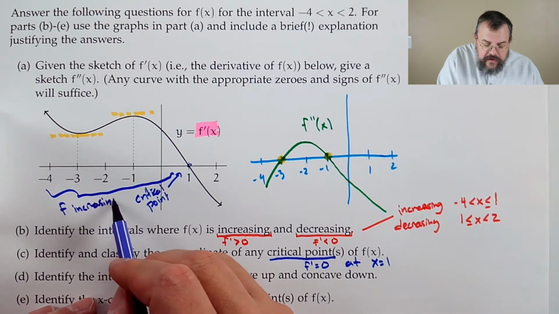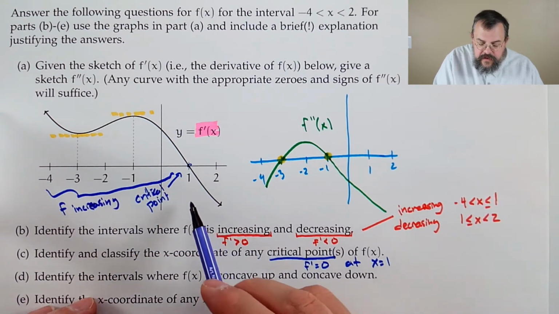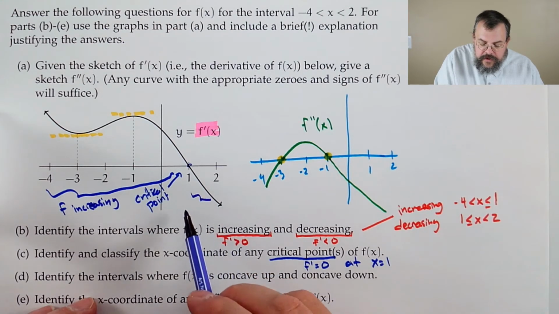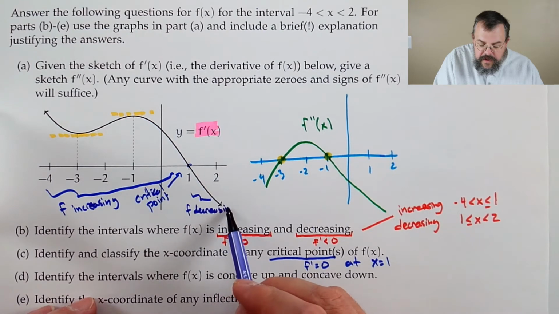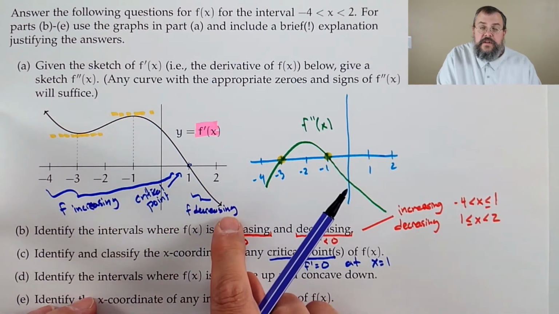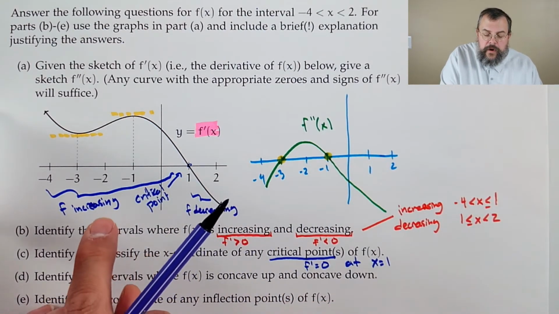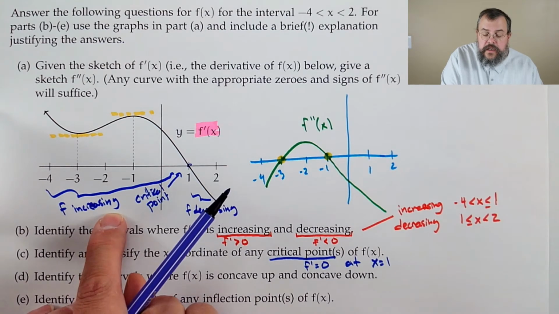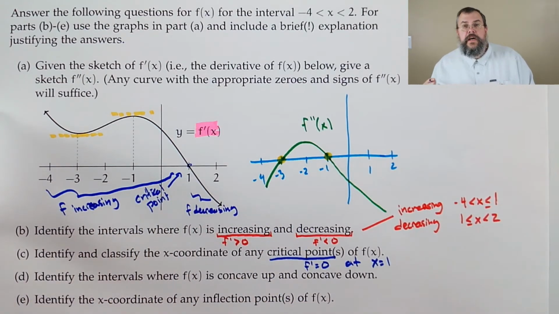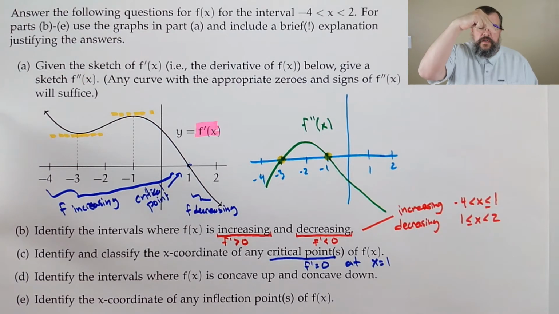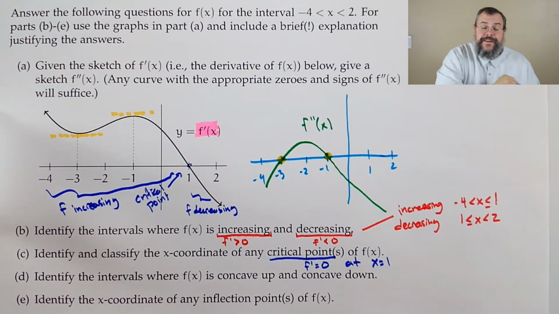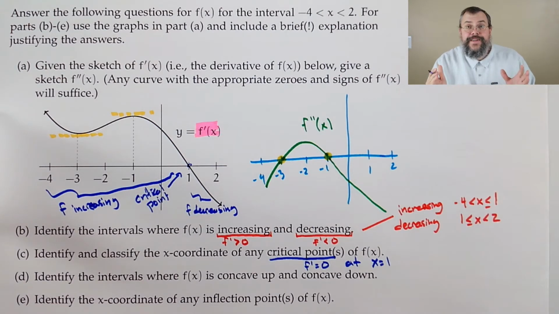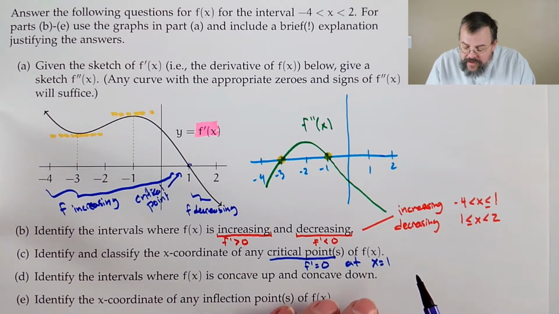So derivative positive means function is increasing. And this part, where our derivative is negative, that's our function is decreasing. This is just the same thing that we did in part B. I'm just adding it to this picture just to emphasize. So we're increasing, then we're decreasing. So we're going up, and then we're going down. Well, what goes up then down? A local max. So at x equals 1, we have a local